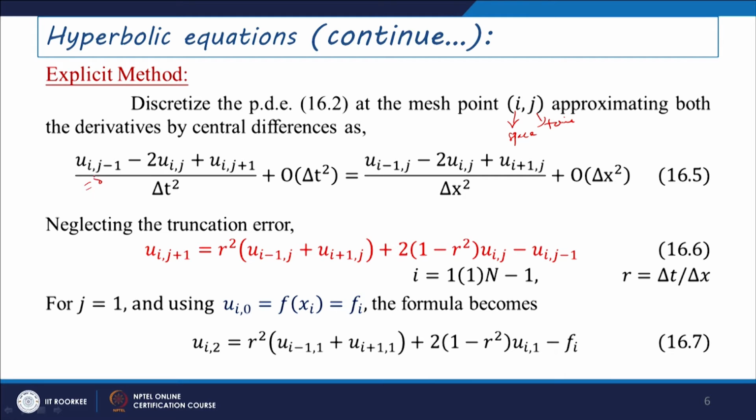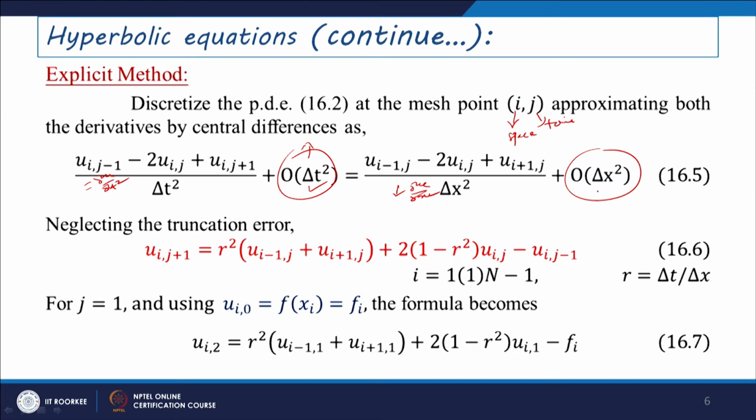So, this is nothing but your ∂²u/∂t² term, and this is nothing but your ∂²u/∂x² term. Both of these give us a second degree error approximated value. If you neglect the higher powers of Δt², that is order of Δt², and higher powers of Δx², then we can obtain this series expansion in this form. If you neglect this truncation error term, that is order of Δt² and order of Δx², then we can obtain this partial differential equation in a